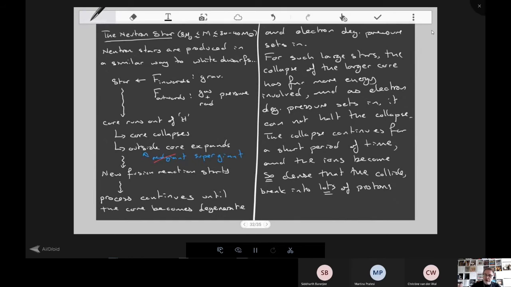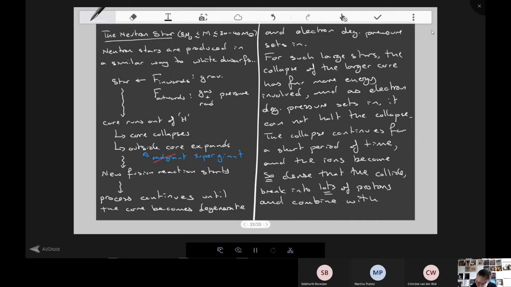So in other words, the ions all collide with each other, predominantly at the center of the core. The ions break up and combine